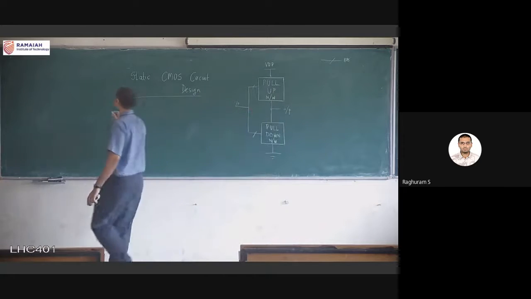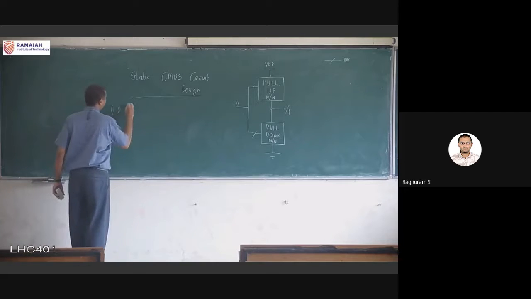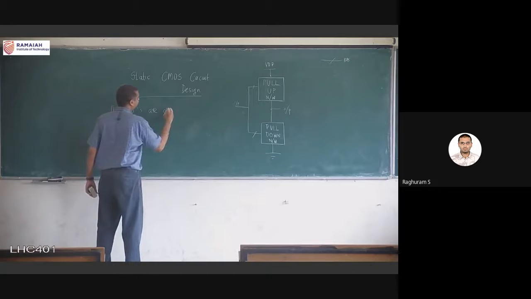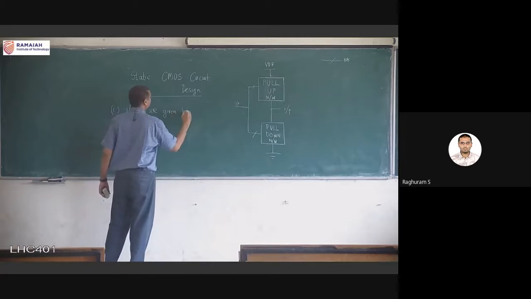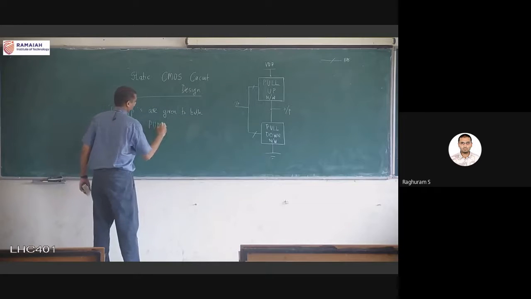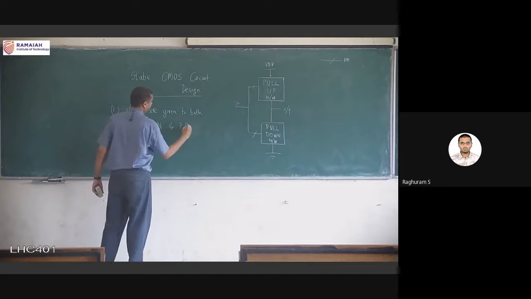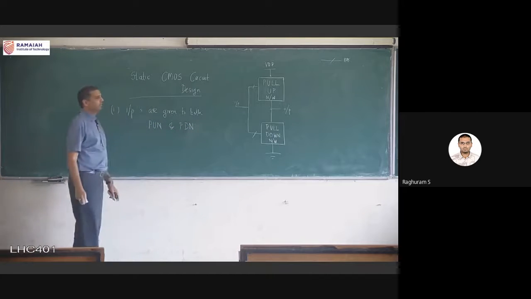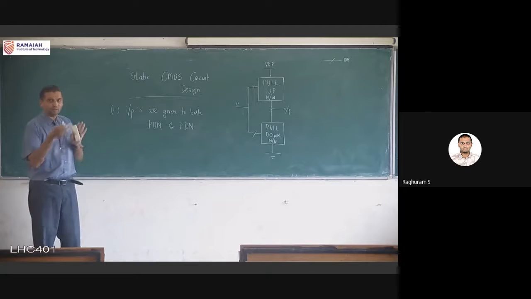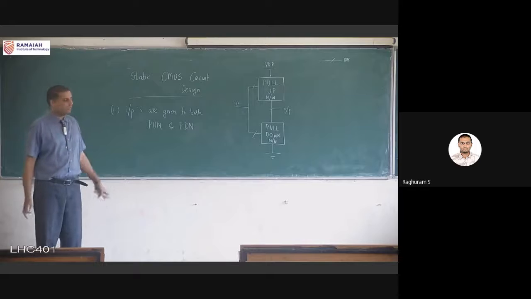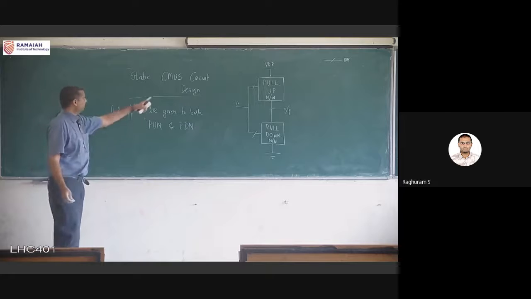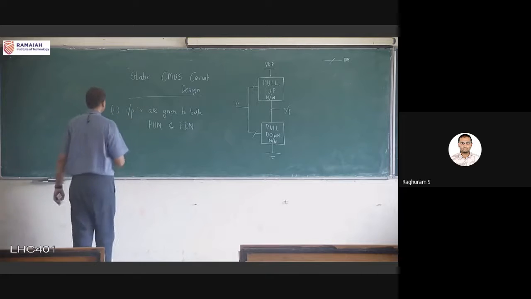First rule is that inputs are given to both networks. We don't call it PU network and PD network. It is just PUN for pull up network and PDN for pull down network. Inputs are given to both the networks. This is the first thing. Second thing is